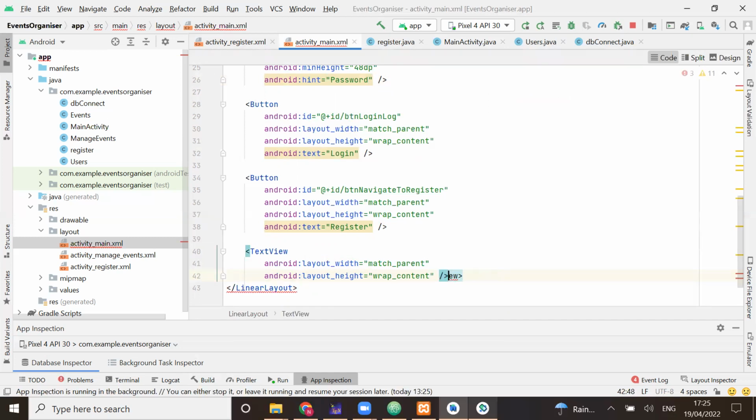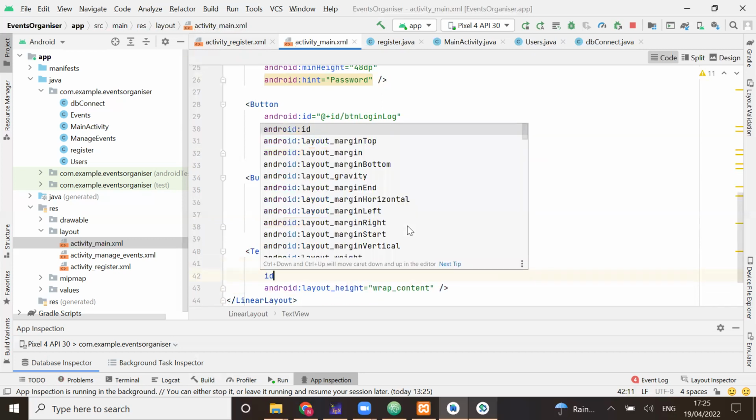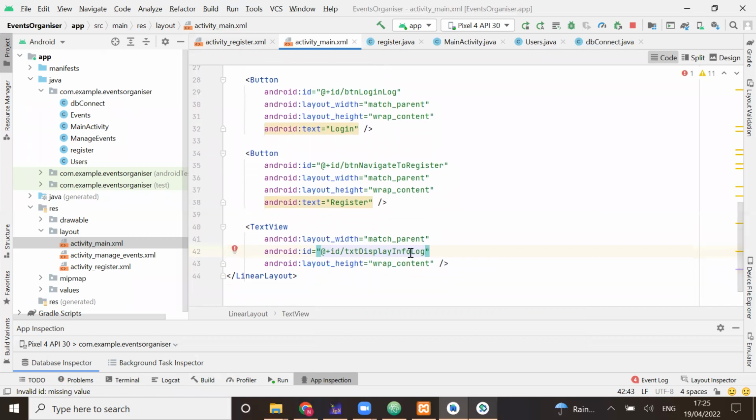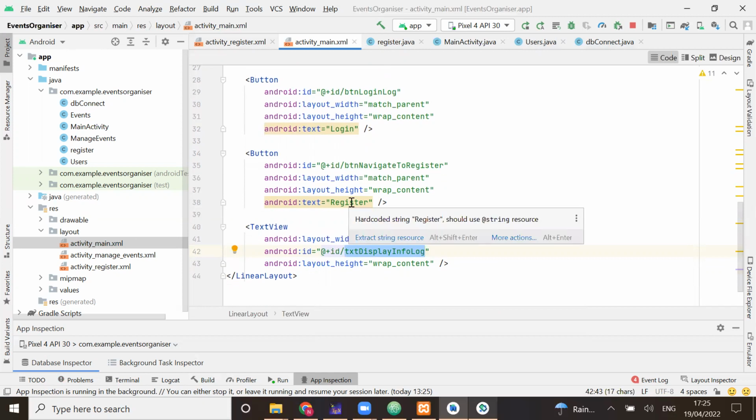So now that I have my text view, what I want to do is give it an ID. And then I want to call it txtDisplayInfoLog. See how when I started to write it, it was giving me an ID that already exists, because there's already an ID called txtDisplayInfo. So I'm going to call this txtInfoLog. Then I'm going to go back to my main activity